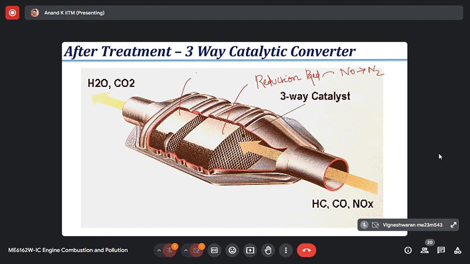The second one is called the oxidation bed. In the oxidation bed, HC will be converted to H2O and CO2. It's an oxidation reaction. CO will be converted to CO2. So in the oxidation bed, oxidation reactions are happening. In the reduction bed, reduction reactions are happening. NO is converted to N2. How do we do that? NO will react with